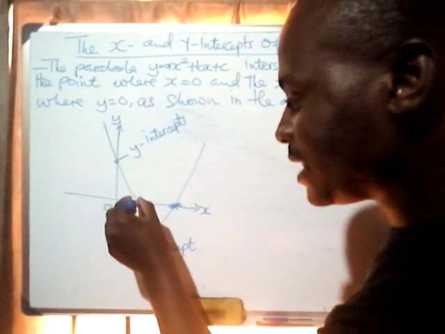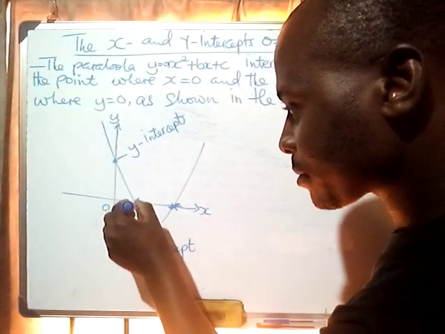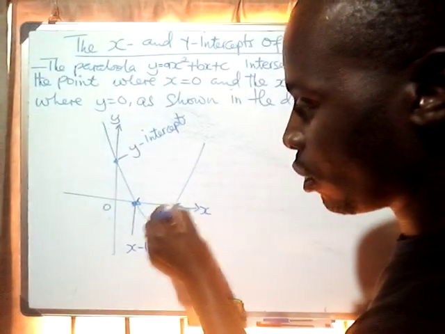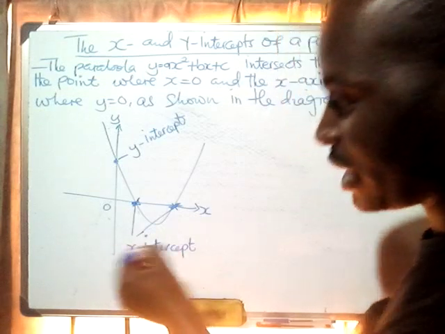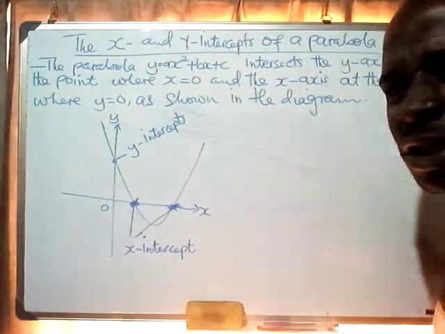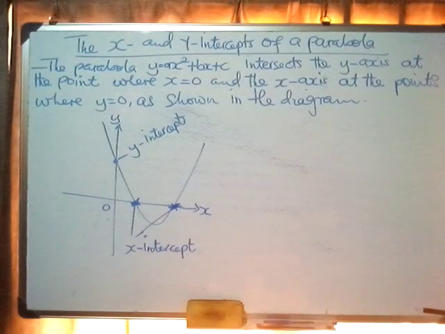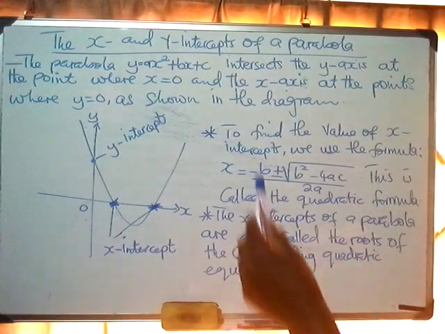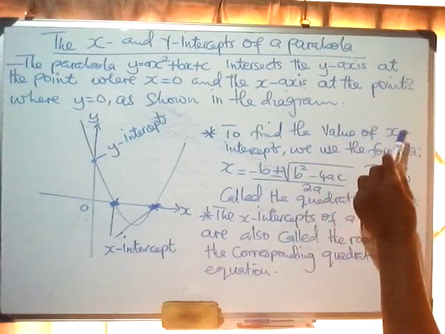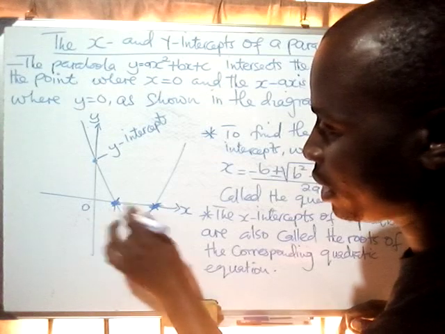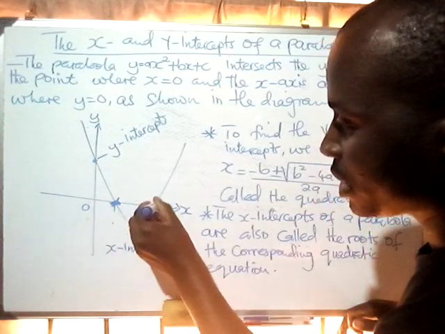So, where it is crossing the x-axis, this point, it is known as the x-intercept. So, this is what I've written here, the x-intercept. The x-intercept is the point where the graph has crossed the x-axis. So, let us look at further notes. We have another point. To find the value of x-intercepts, meaning to find this point, this point, and this point here,